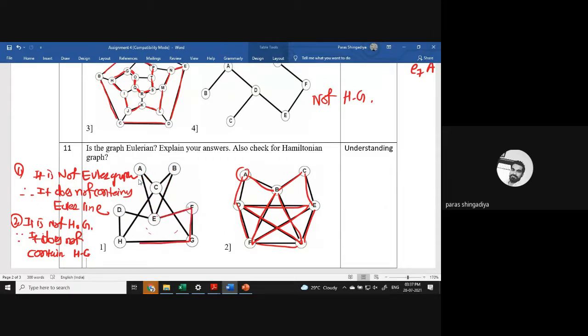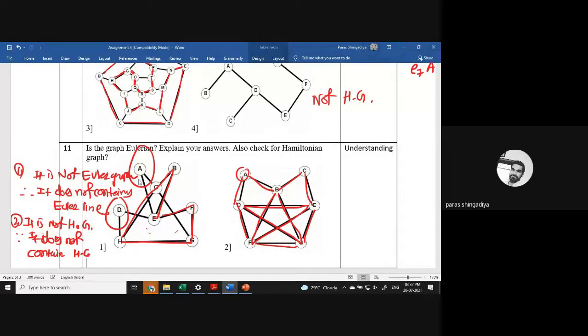E to F, G, H, D, and from H, let us consider up to H, and now move in this direction. H to C, C to B. Otherwise, you can reach A. So from C to B, you will reach back to E again, and still A is remaining, D is remaining. Every vertex is not covered. Therefore this graph is not a Hamiltonian graph. In any way, it is not possible to cover all the vertices exactly one time.